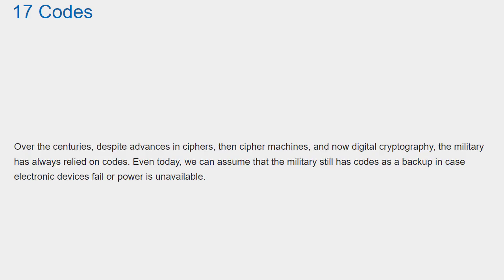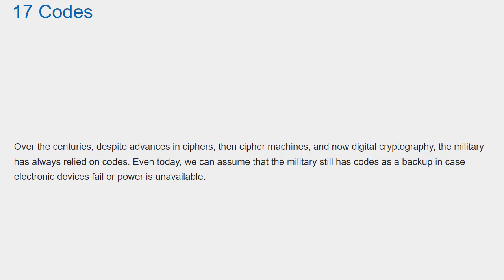Chapter 17. Codes. This chapter covers ideas for constructing a code. Over the centuries, despite advances in ciphers, then cipher machines, and now digital cryptography, the military has always relied on codes. Even today, we can assume that the military still has codes as a backup in case electronic devices fail